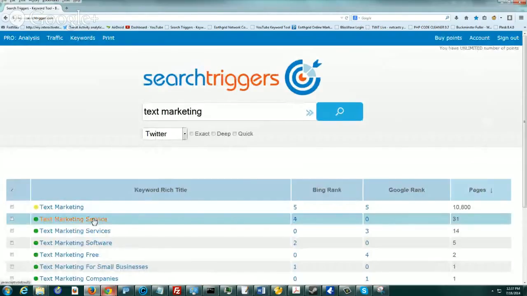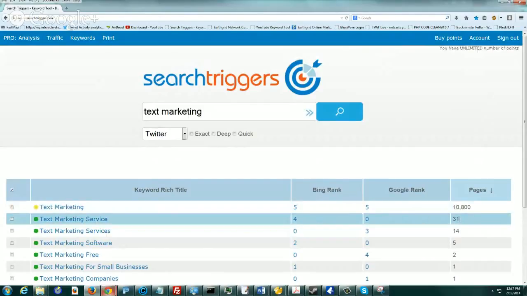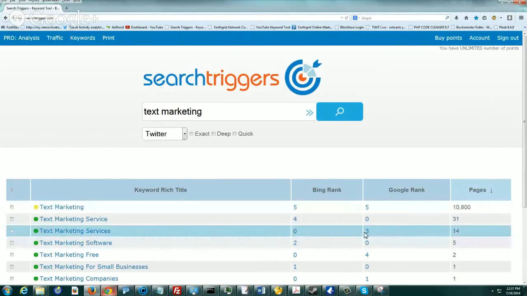And so there's text marketing service. Look at that. Just adding the word service drops your page count down to 31. Right, and Bing finds that quite popular because it's a good keyword, number 4. Right, and you see how they kind of alternate, right? Bing, then Google. Google says services.